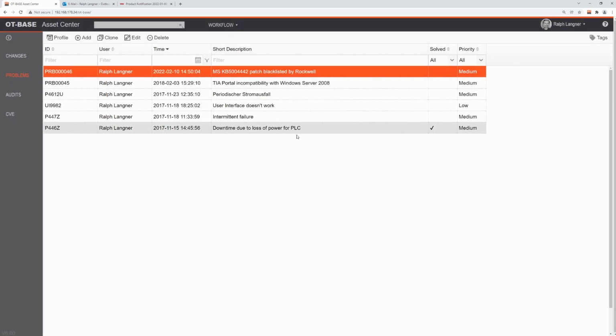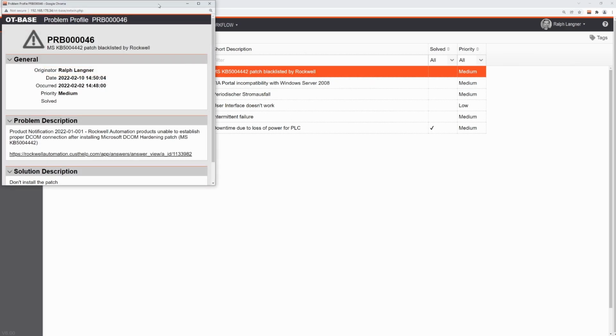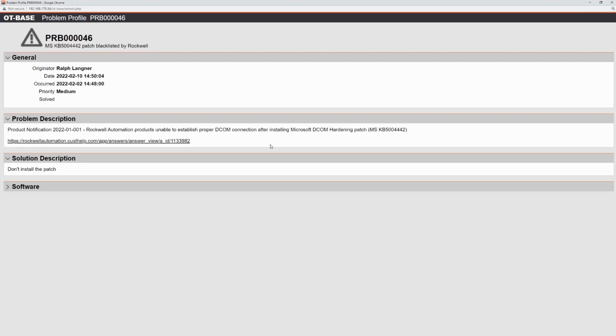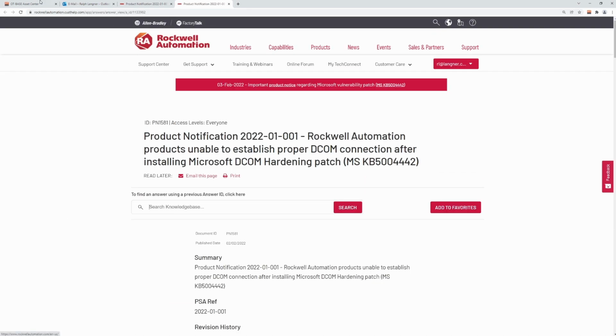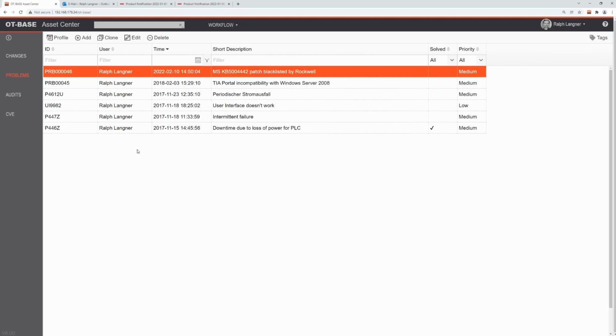There it is. And now if we open that report by double click, there we get all the details. The link that we have entered is clickable, so it would take any user directly to that web page. But the interesting part is that anybody who is accessing any of the affected products or devices will be notified as well. So if you go to the inventory,